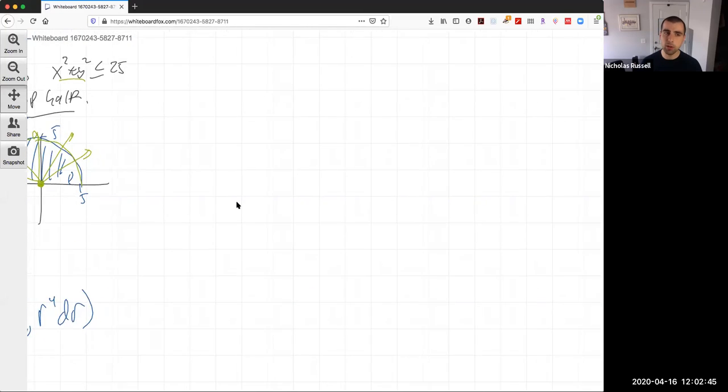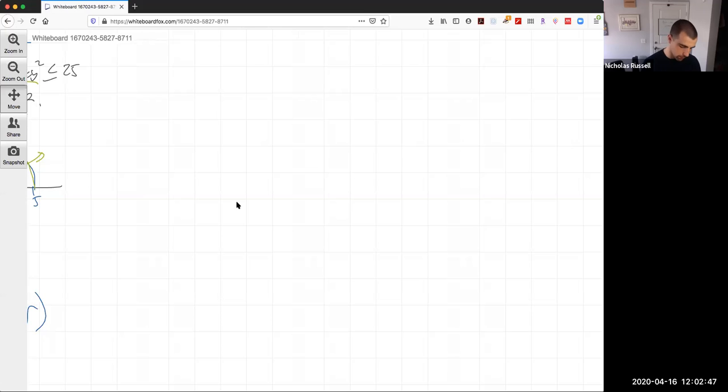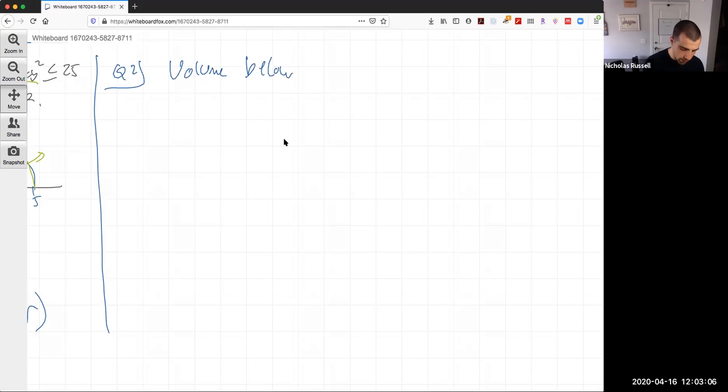And the last problem I'm going to do is actually going to be a little bit more complicated, just to show you at least where this could go, and why even polar coordinates are so much more beneficial, especially to solve some of these problems too. So the problem I'm going to solve here, again a problem that we see in the textbook, is I want to find the volume below the cone z equals x squared plus y